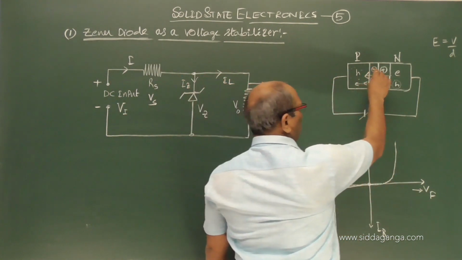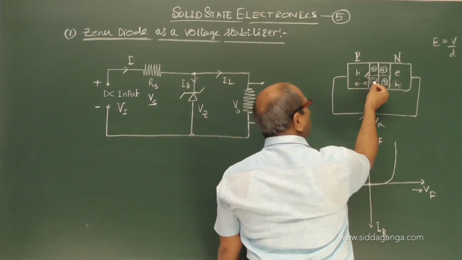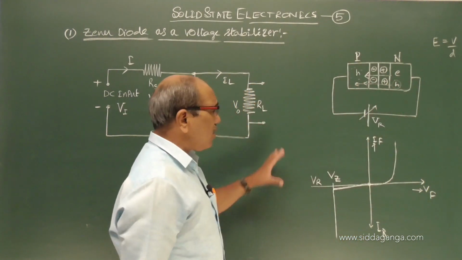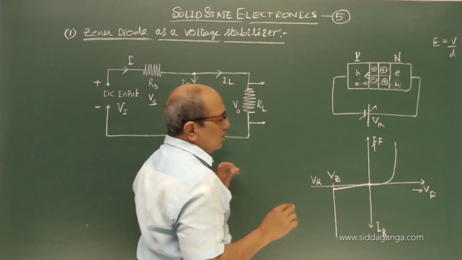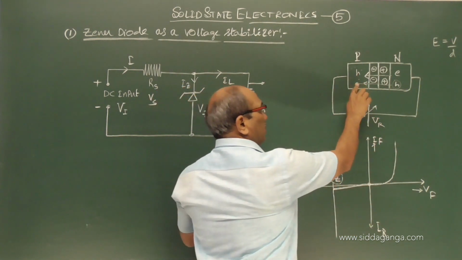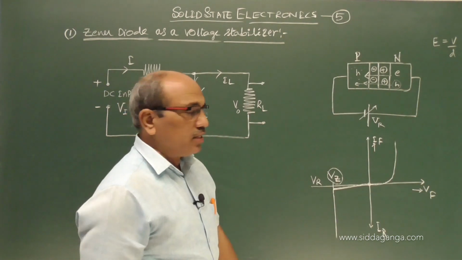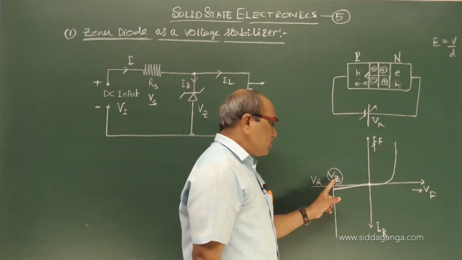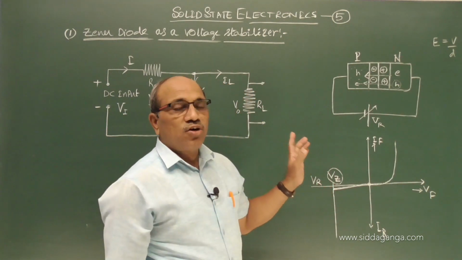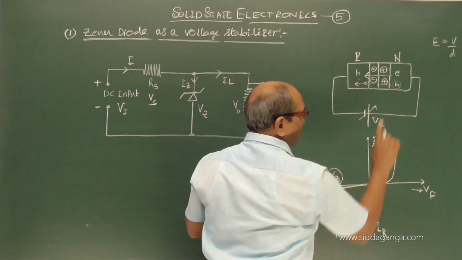When the covalent bond is broken, electrons automatically move towards that region and holes come to this region. These electrons will run and constitute the current. But one thing you remember here, this voltage is called the Zener voltage, the breakdown voltage, and a large current is expected due to the covalent bond break in the depletion region. However, this current may be large, but the diode is not permanently damaged by that. That means the junction is not collapsed.